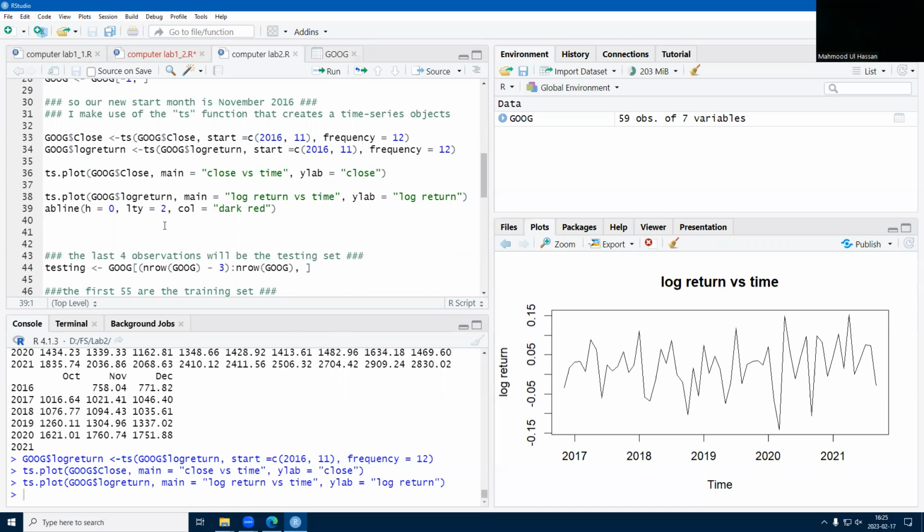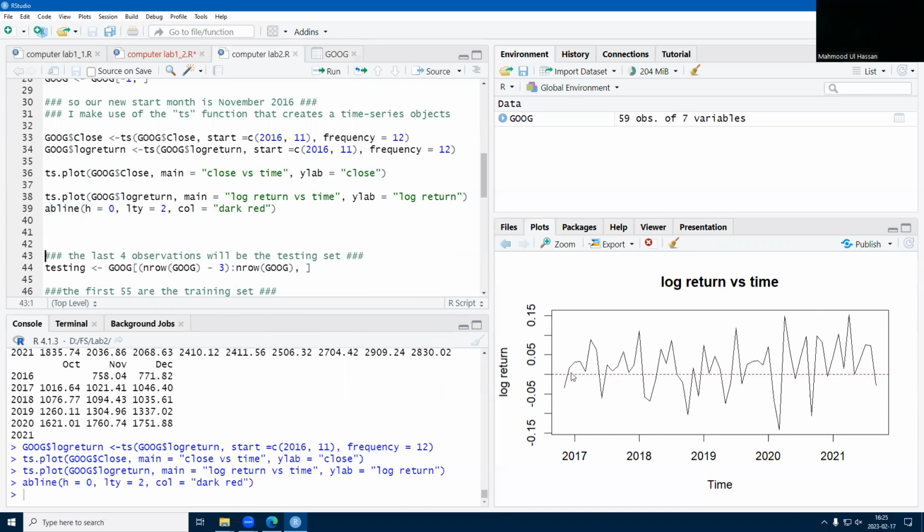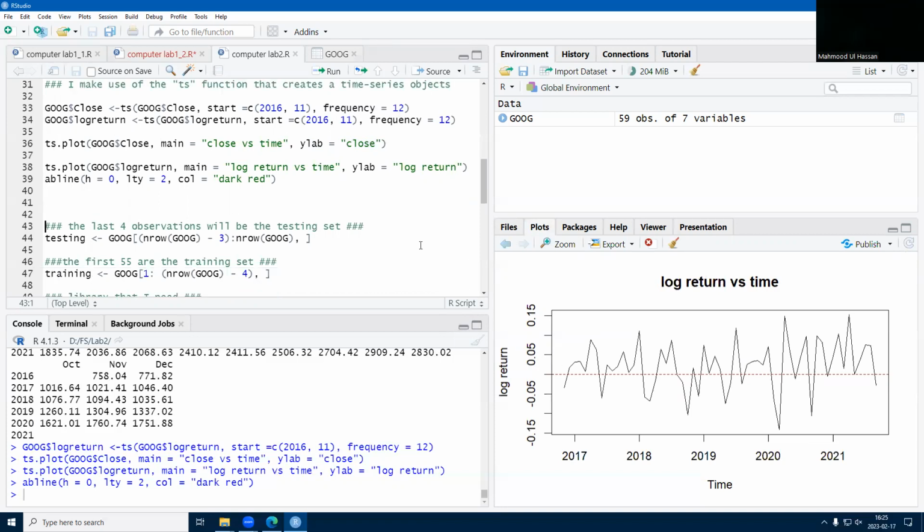So maybe I can draw a horizontal line by using this abline. Around 0, I want to draw a horizontal line. So it's around this red line. It's randomly around this red line. So it's a stationary data set, so I can say. Okay, then the next task is that